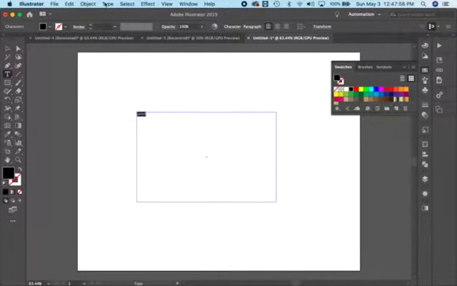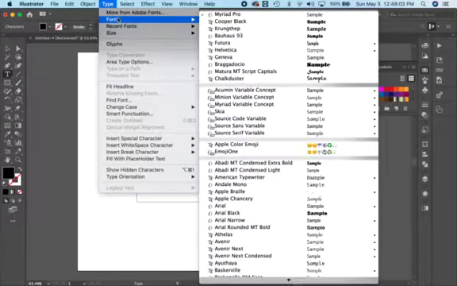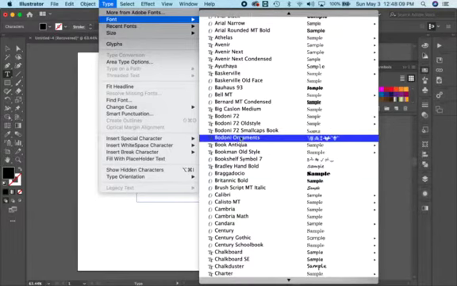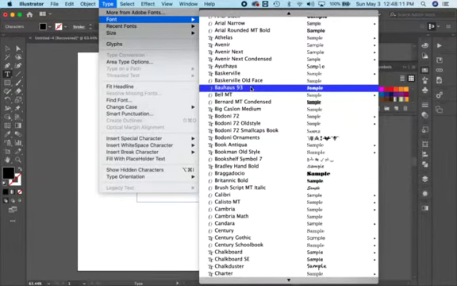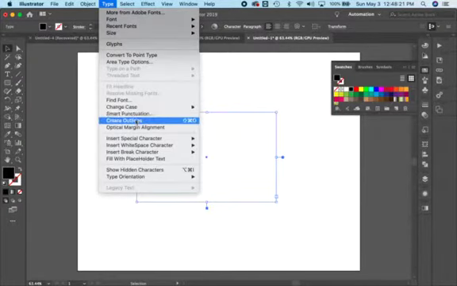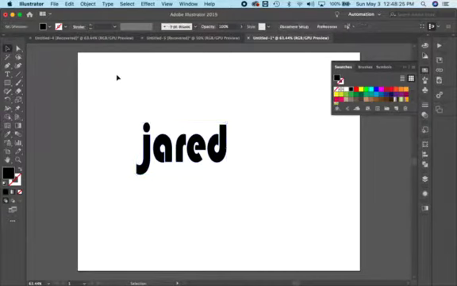Once you type it out, select the letters, choose a nice font. So go up to type, select font, and choose whatever font you think looks good. I'm going to use this Bauhaus 93. Okay, now I'm going to change my tool from the type tool to the selection tool. I'm going to go back up to type, and I'm going to create outlines to change my letters into shapes